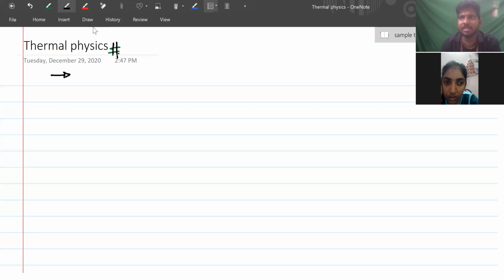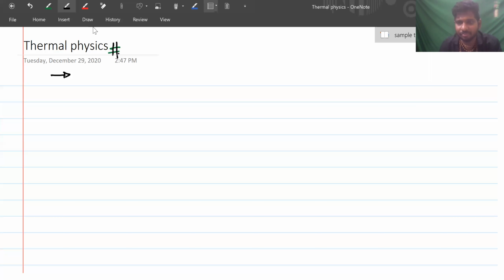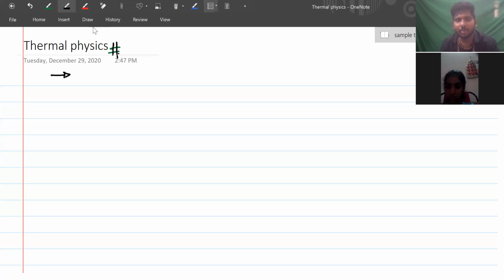When it comes to thermal physics, this is the situation, this is the formula, this is the case. You solve it, you get the answer. Very rarely you will get a tricky question where you need to use 2 or 3 fine points which you don't know. Very rarely. If it is tough, the calculation might be big, but not the understanding of the question and solving of the question. Are you getting what I want to say? That is why it is crucial in terms of preparation of any student preparing for 11th and 12th.